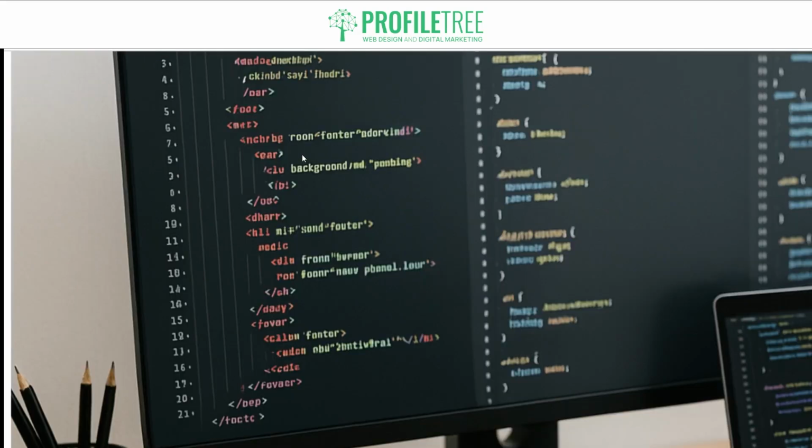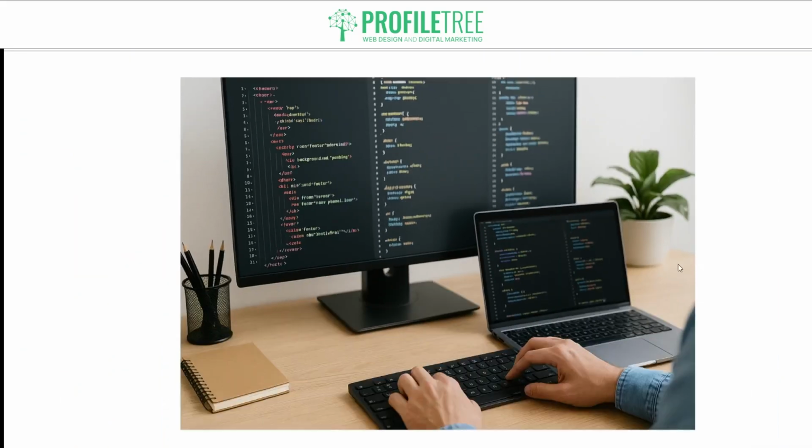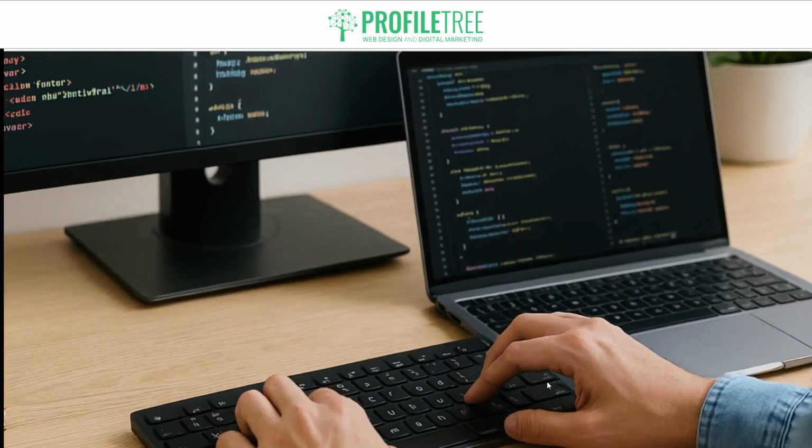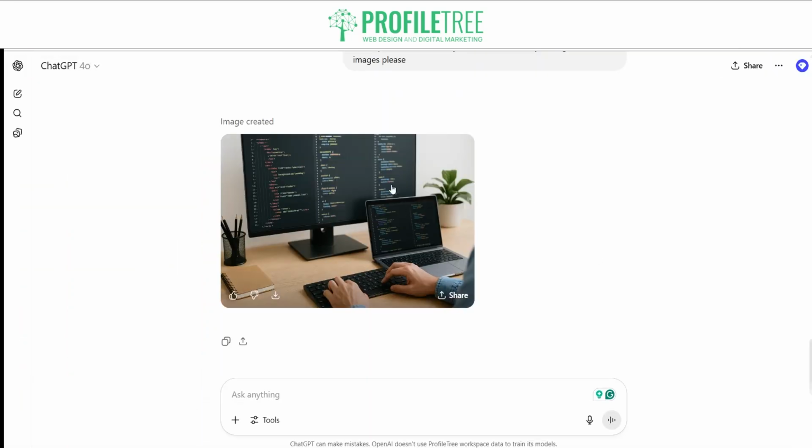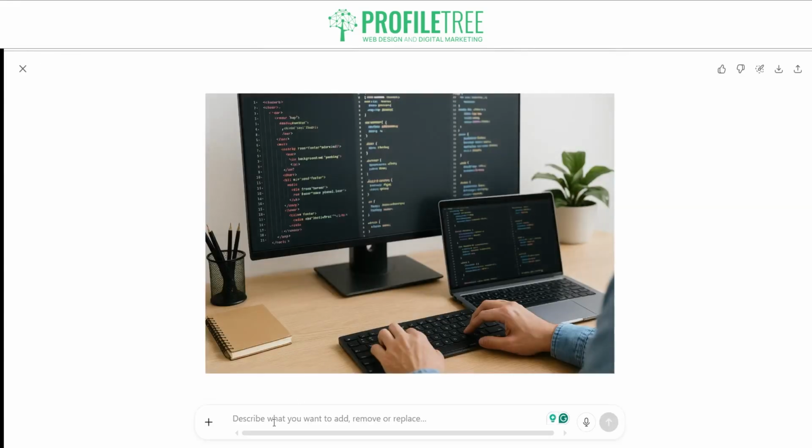Let's just have a look at the code. Okay, well, it's a bit off with the code. As you can see, some of these, well, these don't exist at all. However, we do have an issue as well where the keyboard and the laptop are kind of merged in together. So anytime that you do experience any issues, you could just click on the image here and then just say,